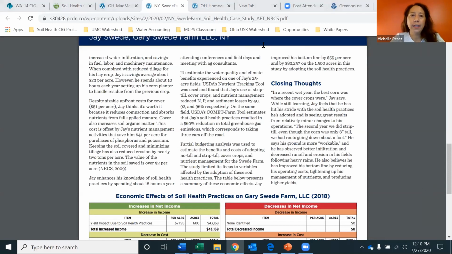Let's see. Mary Fales asks, once you get the greenhouse gas results from Comet Farm, would it be appropriate to take the GHG emissions reductions and carry that forward as a future prediction, considering the farmer continues the same practices? Yes, I think so. I think we didn't do that. It was a retrospective analysis. We were already complicating our use of the tool to do the retrospective analysis. We didn't want to add in, and as you can see, there's hardly any space to get it in anyway, so we didn't add in the additional commentary that we could have about future